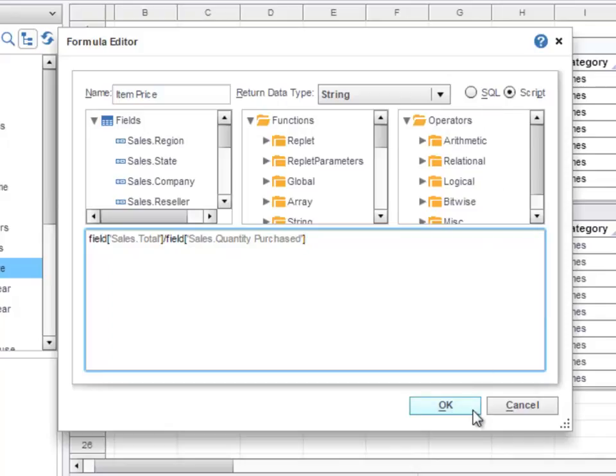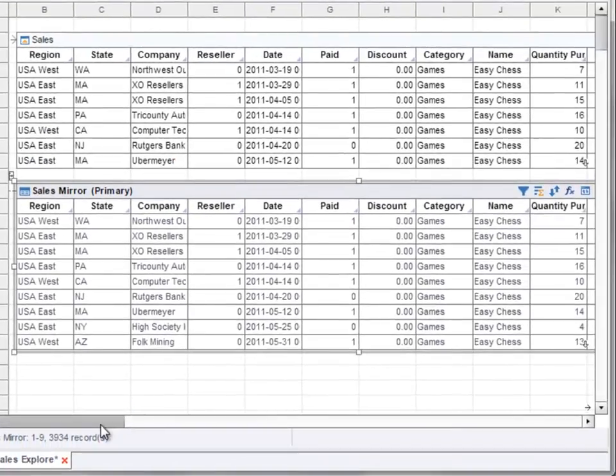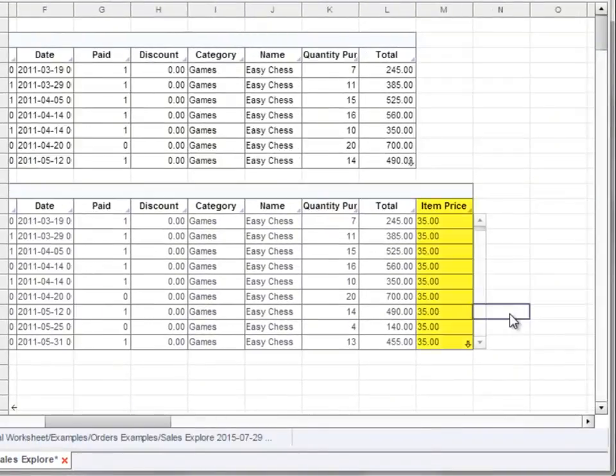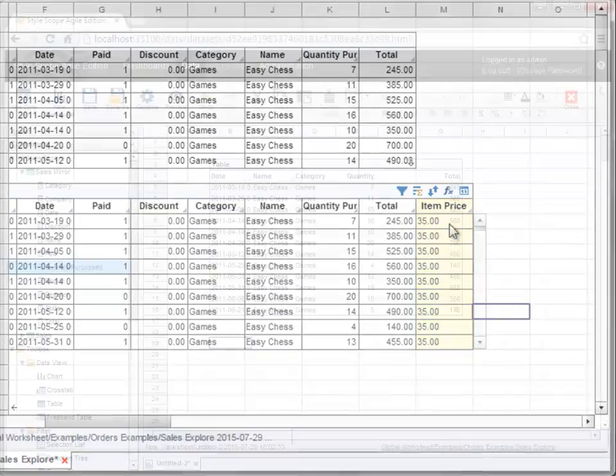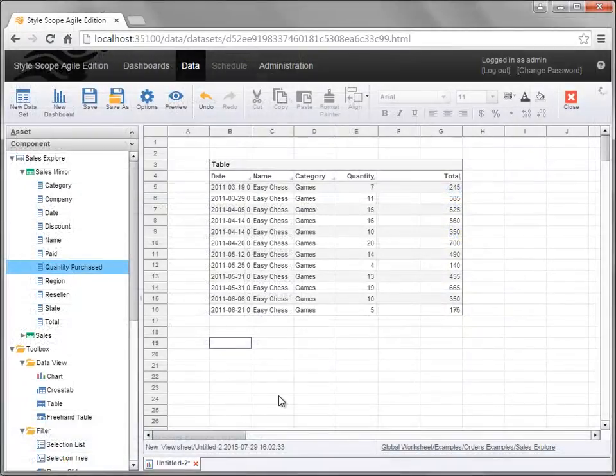Press OK to save the expression column, and note that the dataset now contains a new column providing the item price. You can also perform detail-level calculations at the dashboard level. This dashboard contains a single table. If we want to calculate the item price based on the total and the quantity, we can also do this